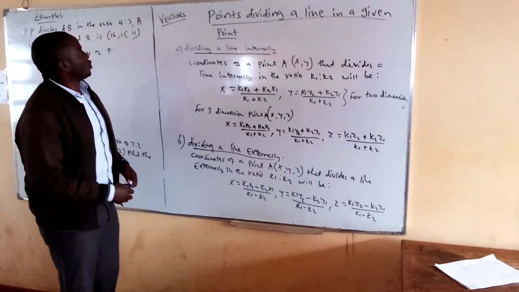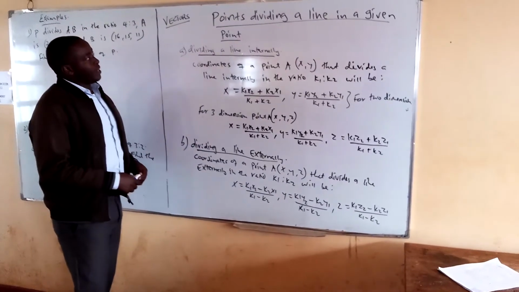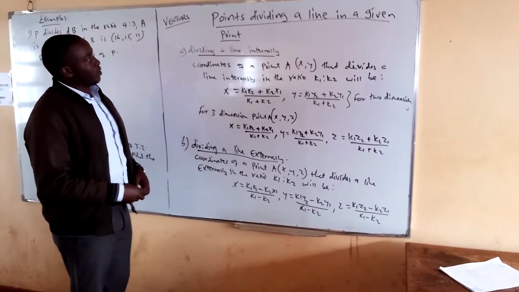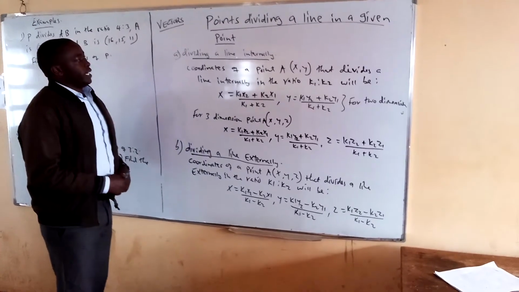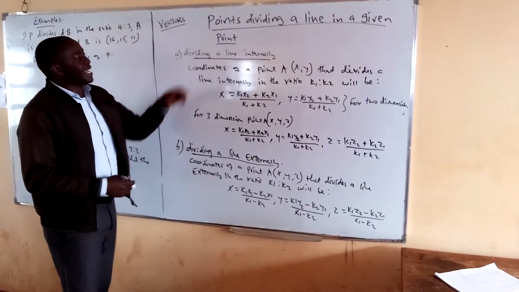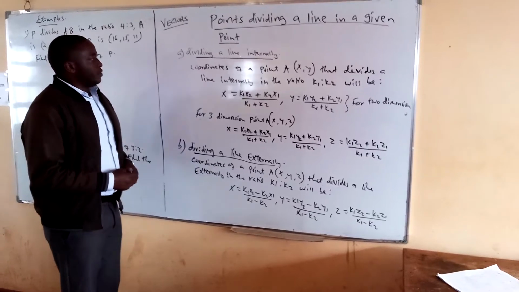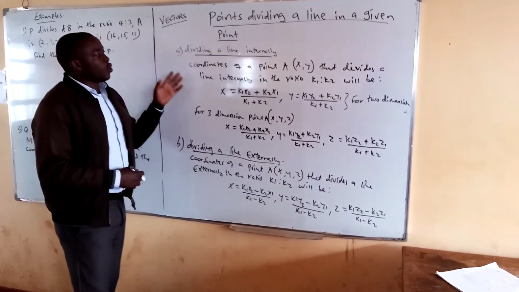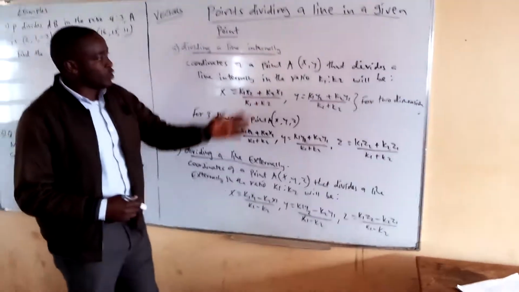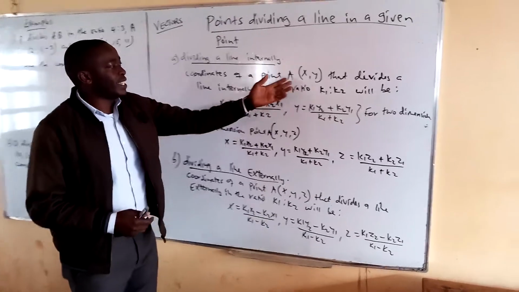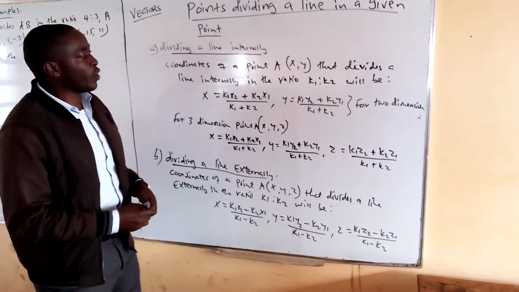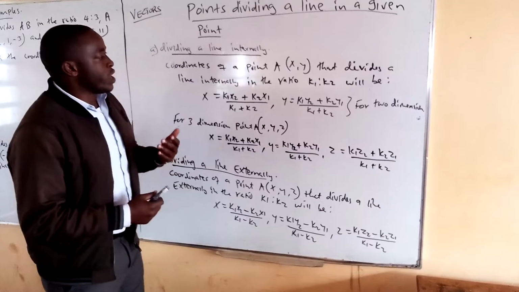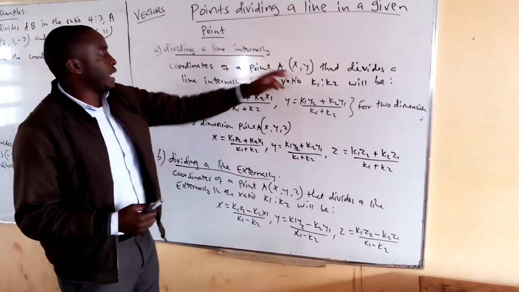Today I want to take you through vectors, and I'm going specifically to talk about points dividing a line in a given point. We want to talk about dividing a line internally. When we talk about coordinates of a point A, (x, y), it can be (x, y, z), that divides a line internally in the ratio of k1 is to k2 will be,